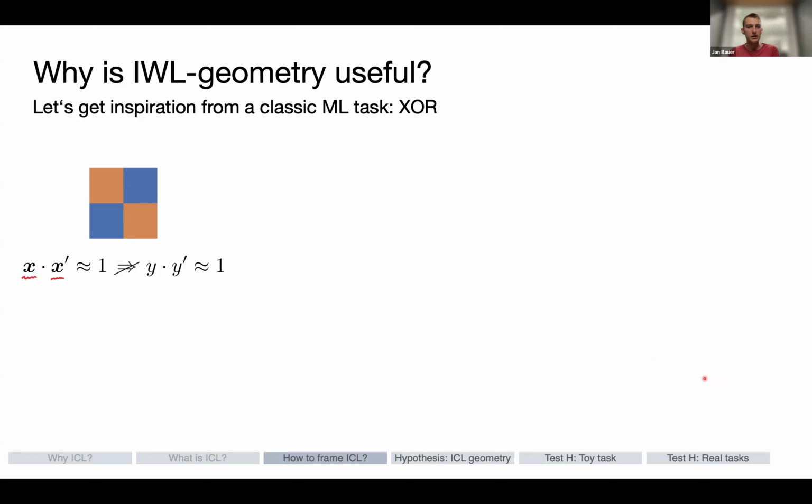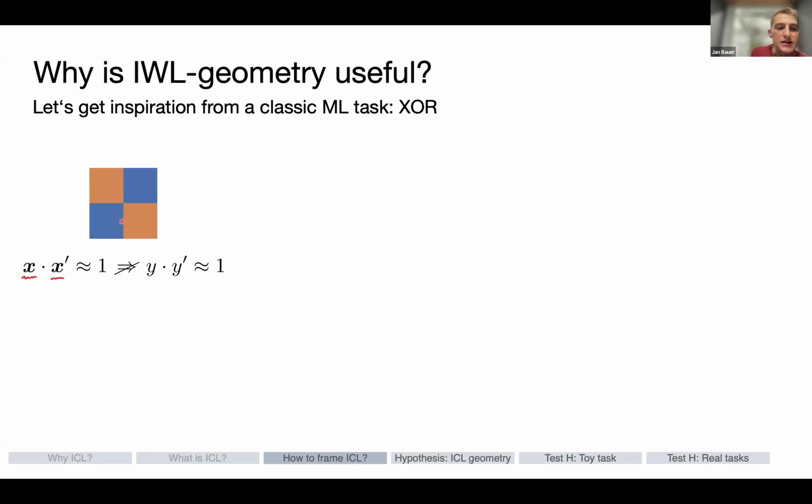Why is in-weight learning, or why is geometry, and as we will see now in-weight learning geometry, particularly useful? And before we move back to sequence prediction, let's get inspiration from a classic ML task, which is the XOR problem. So here's the XOR problem. You have a 2D space, and I ask you, if presented some vector in this space, to respond with class blue, if it's here or here, and to respond with class orange, if it's here or here. So this seems fairly easy. It actually is fairly easy, but for a machine, it's not that easy, at least some years back,